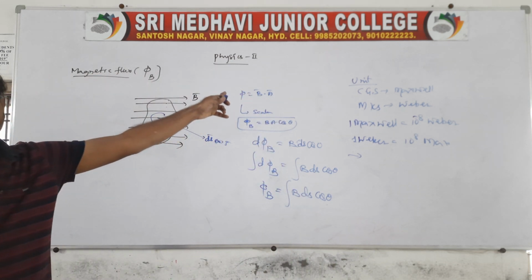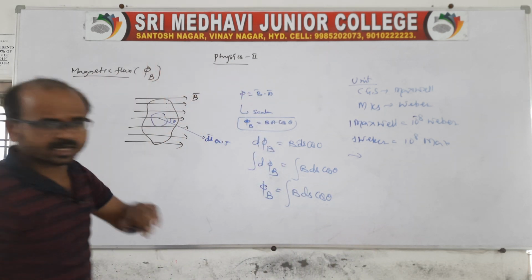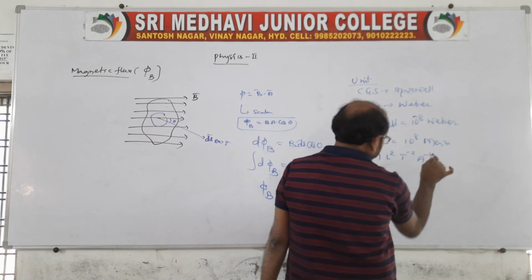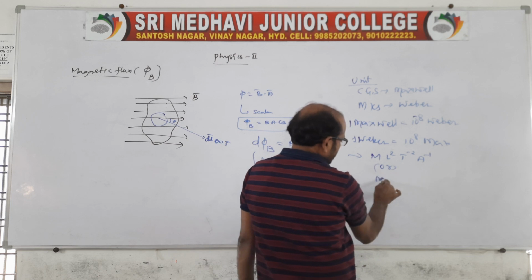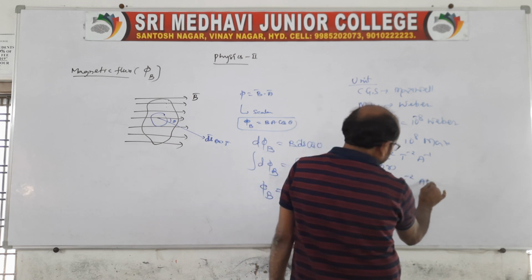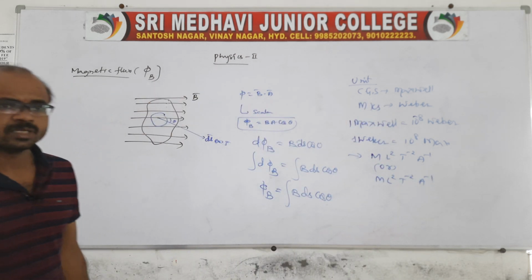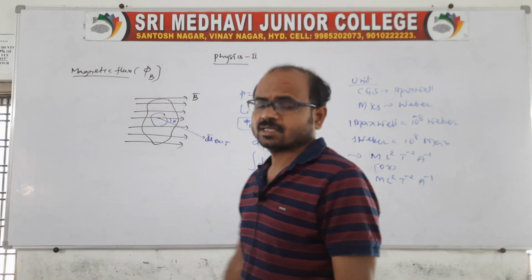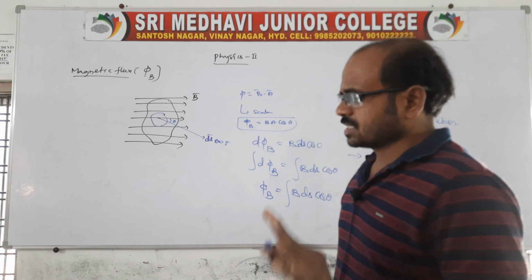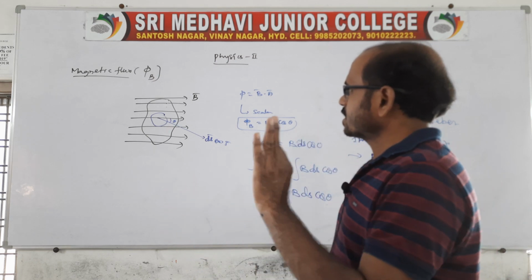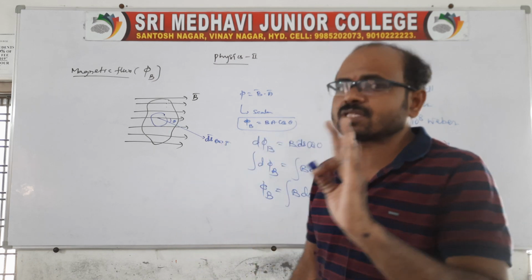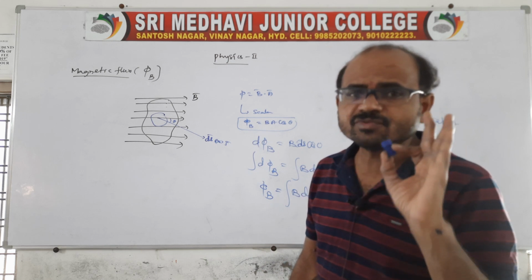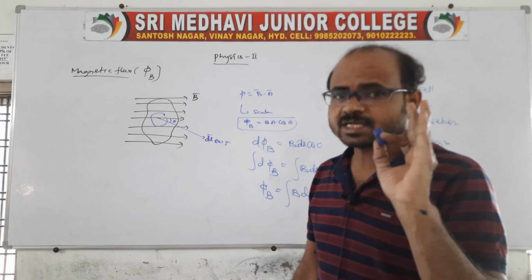And here, what is the dimensional formula for flux? Because we know B and we know A also, you write directly: magnetic flux is ML square T power minus 2 A power minus 1. The flux, in the sense, is the number of field lines which are passing through an area normal to the area. So these flux lines are very important, which are linked with the area, no? So there we should consider only the area vector.